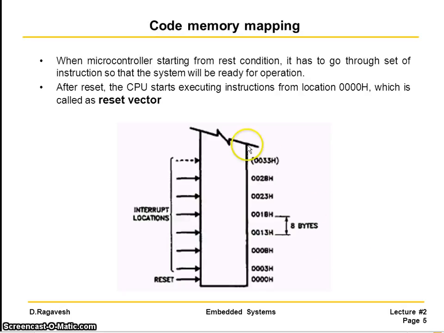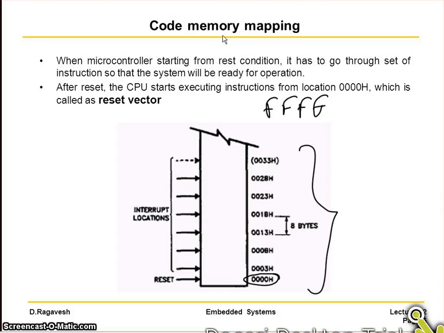So this is the code memory, how it is located. We start from 0 and it goes up to FFF. That means it's the full spectrum, and we have shown only the first few vector locations here. Whenever you start the system or switch on the microcontroller, we need to provide something called a reset circuit. The reset circuit will put the microcontroller in a well-known state. This is nothing but, you can see here, it always starts from 0.